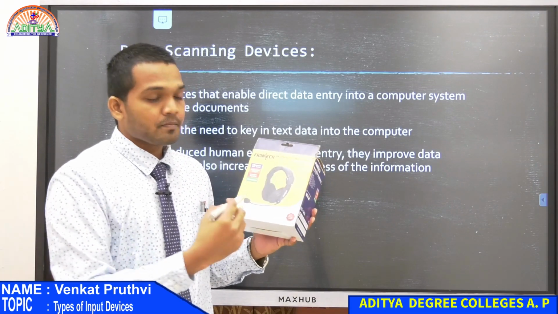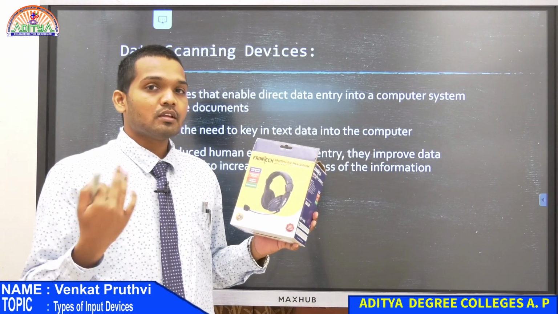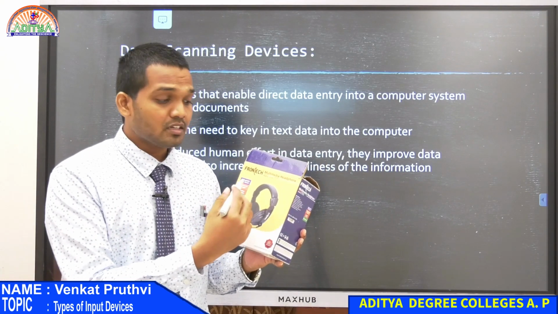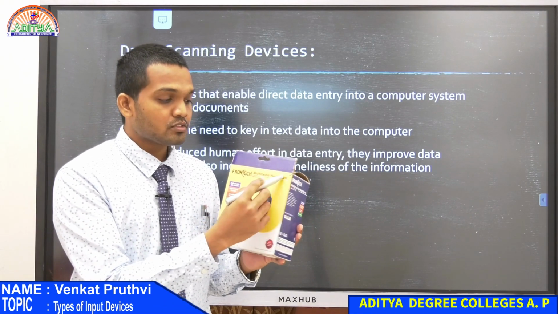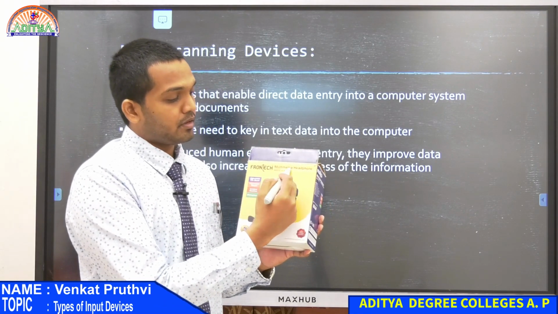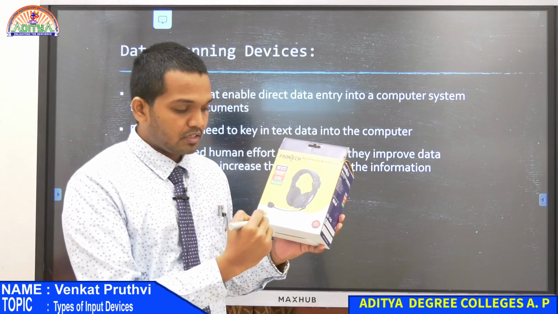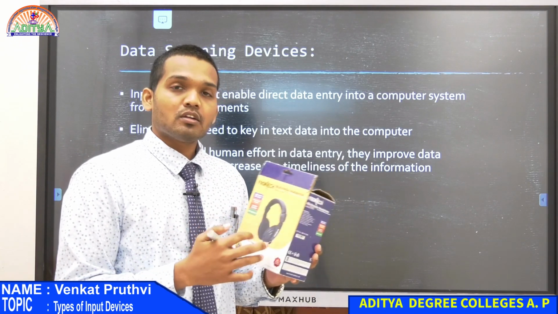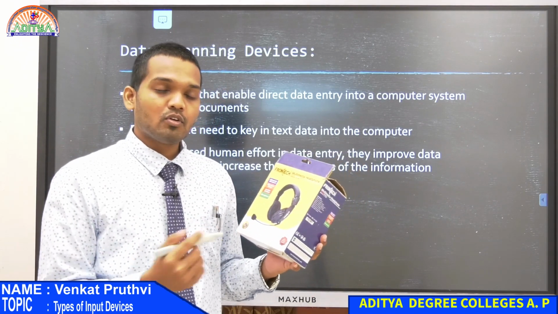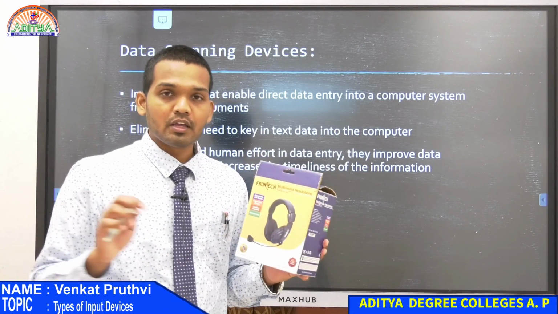Now what is happening? If I want the same image to be copied into the computer, either I have to design it with the same colors, same fonts, everything. Otherwise, if I only at least want this part, this Frontech multimedia headphone and whatever is written over here and these company names, if I only wanted this also, what should I do? I don't have any other way, I only have to type in Frontech multimedia headphone from the keyboard.